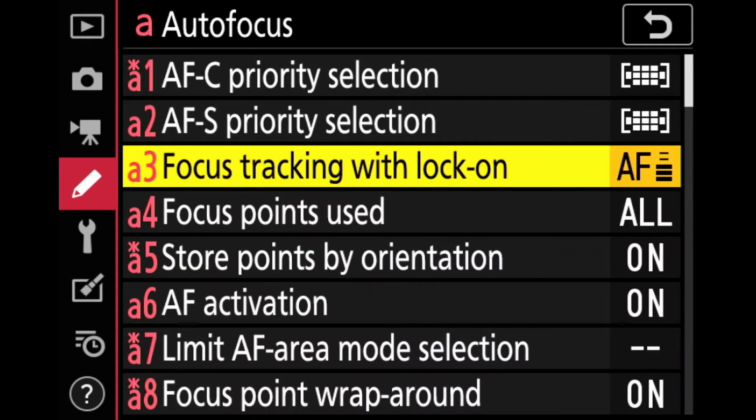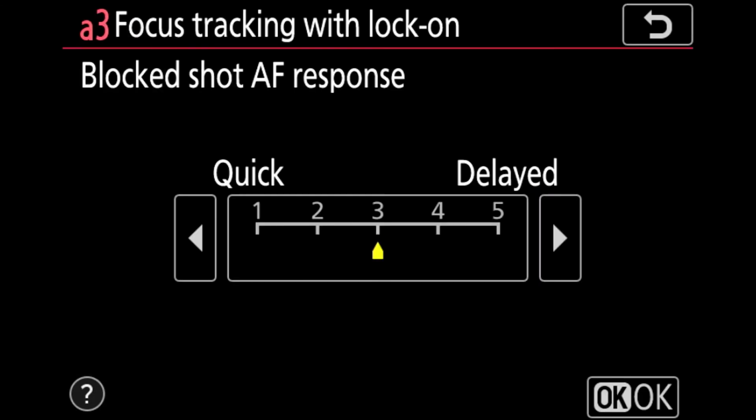The next is A3, that is focus tracking with lock on. So what does focus tracking with lock on mean? This will basically enable us to improve the focusing speed or delay the focusing speed when we are tracking particular objects.